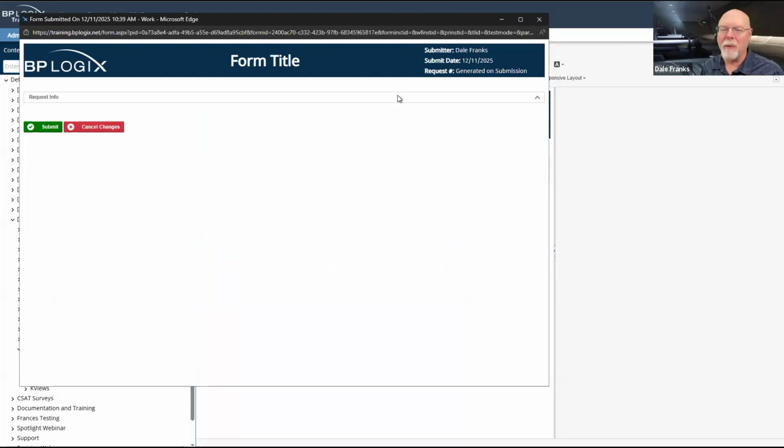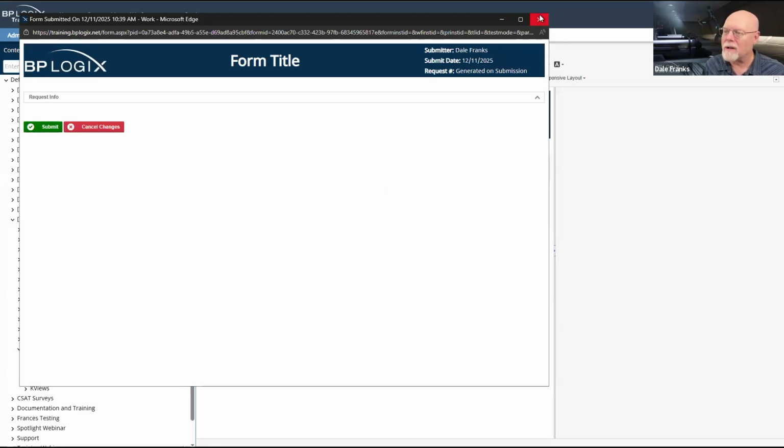Now I've got all the information that I need on my form. It all looks great. I've got my empty request info. As you can see, there are no system variables showing up at the top of the form because we are not in task context. So there are no task instructions. There is no running activity. So we don't see anything on the form at all. The nice thing about those system variables is that they do control their own visibility because they are dependent on a task running. And if no task or activity is running, they're just not going to display it on the form at all. That's exactly what we want to see.